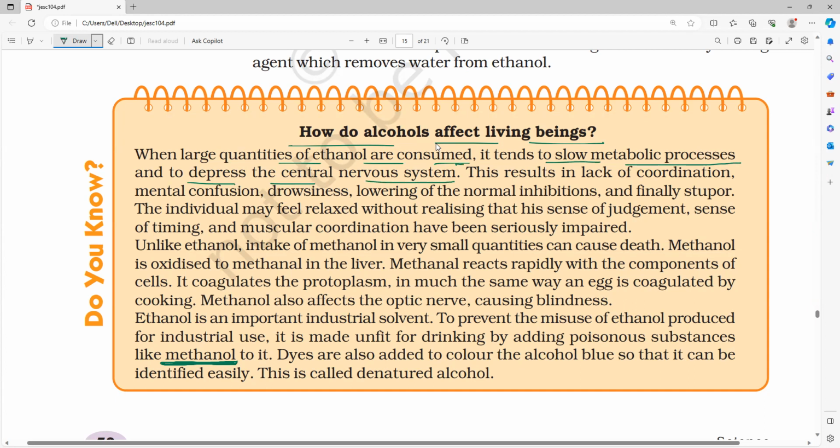Biology question: what is the effect of long consumption of alcohol? It will affect our CNS, the central nervous system, meaning the brain as well as the spinal cord. It will result in lack of coordination, mental confusion, drowsiness, lowering of the normal inhibitions, and finally